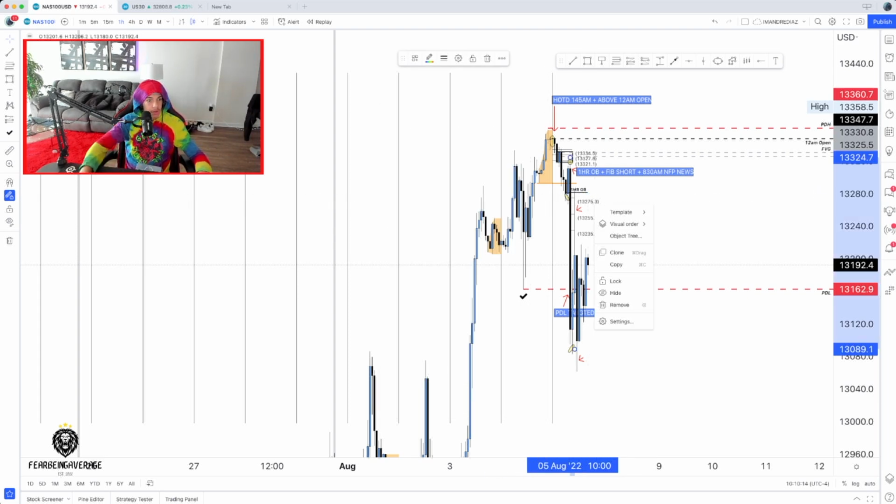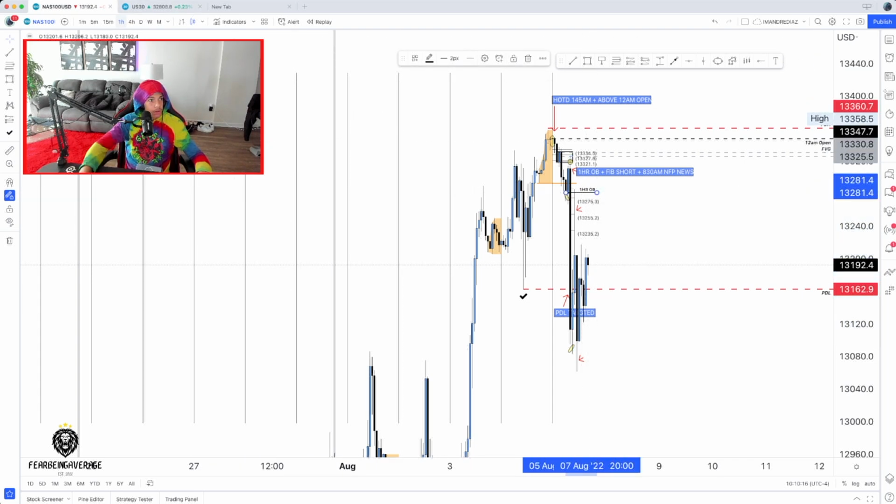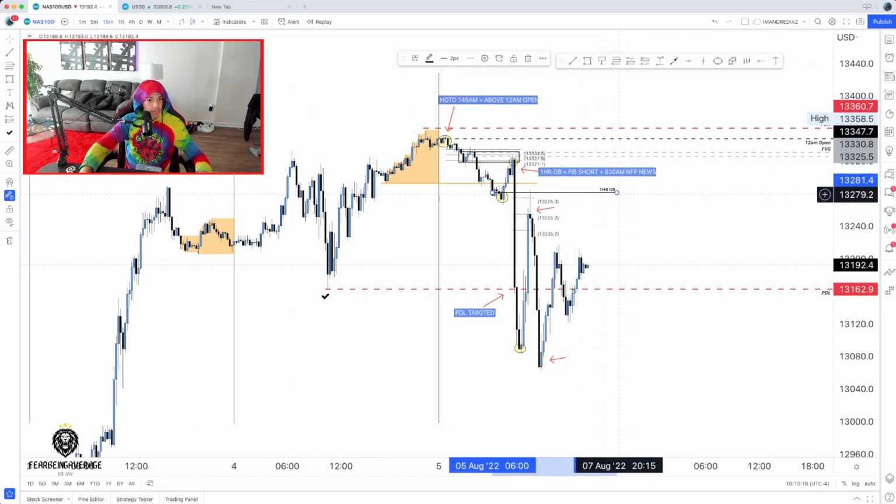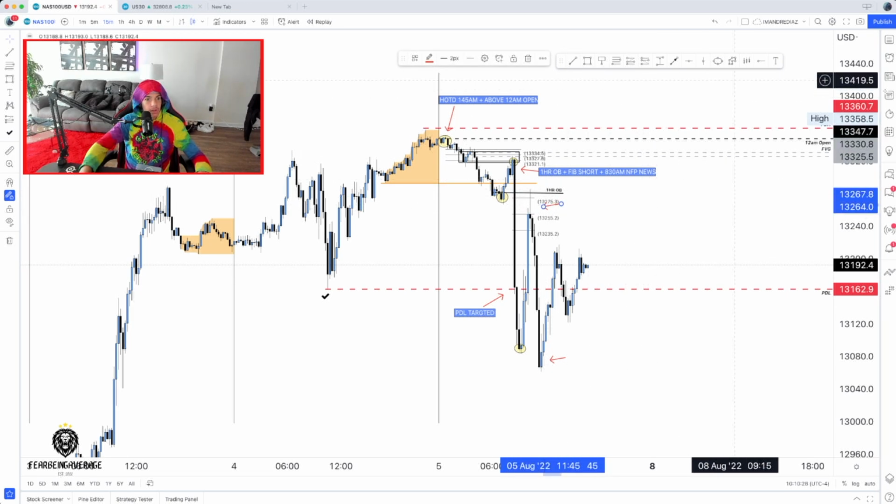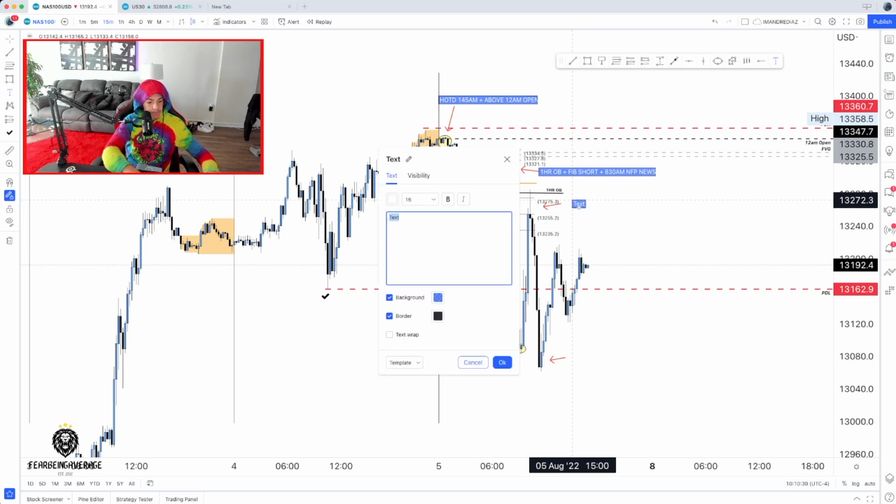Just like that. So right when we trade into that 1 hour order block, right up here, that's where we had that drop from that 9:30. Not 9:30. What is right here? 10:15. So let's annotate that. So at 10:15 a.m., we had the fib short. We also had the fib short along with the 1 hour order block. This isn't even the same one as the other one. It was a different one that was created with that NFP drop.